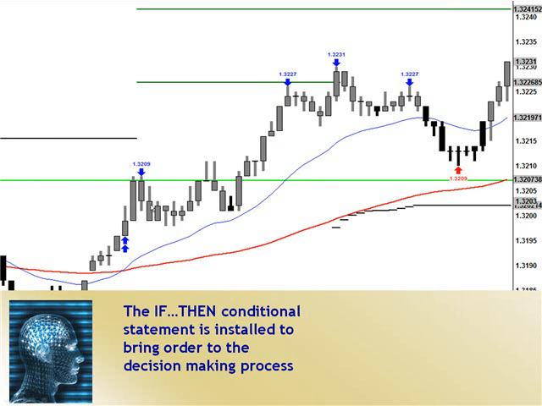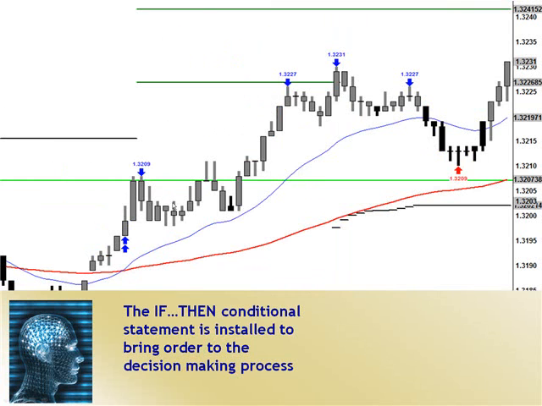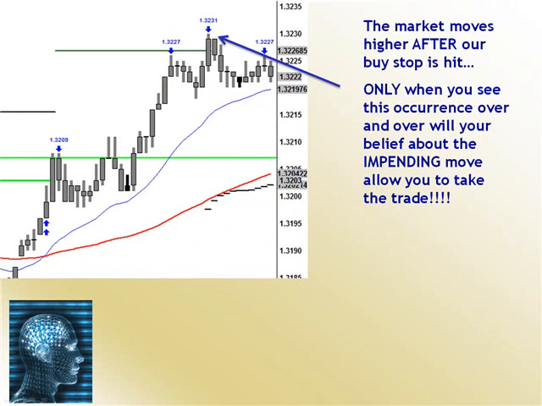If our stop is triggered and we go long, then we place our targets 1 and 2 and our stop loss. If target 1 is attained, then we move our stop loss to trail 20 pips behind in anticipation of the market to continue to move higher. This if-then conditional thought process is a statement. And the market moves higher after our buy stops hit. As you guys see, moving back here, look at the last candle. Buy stops hit, market pulls back ever so slightly, and then moves up and attains target 1.